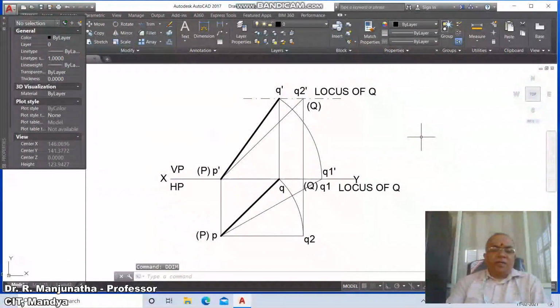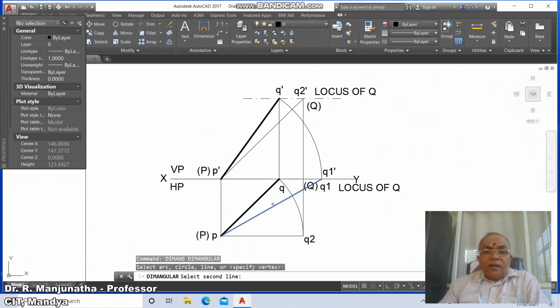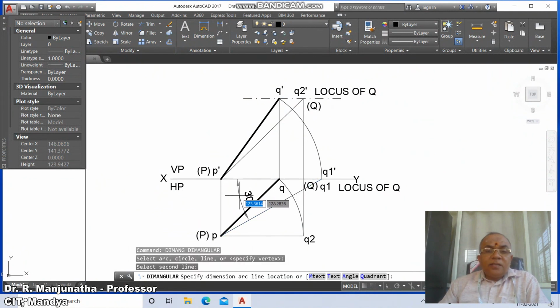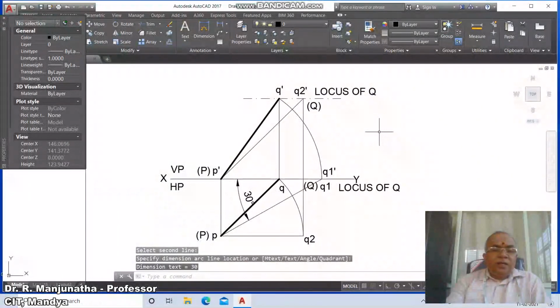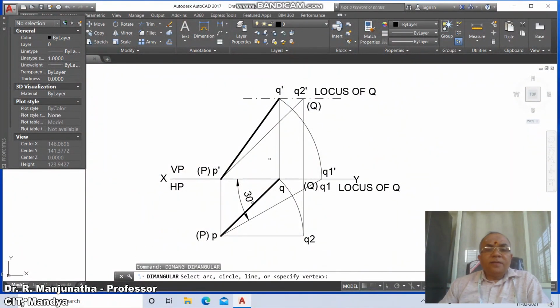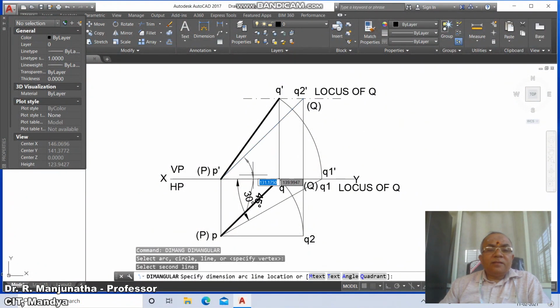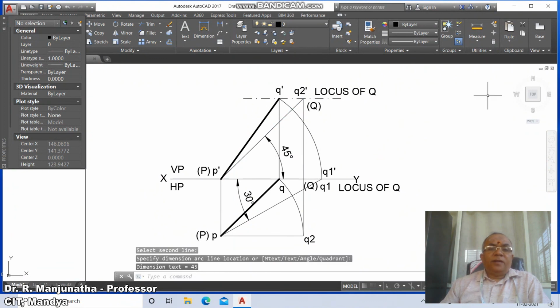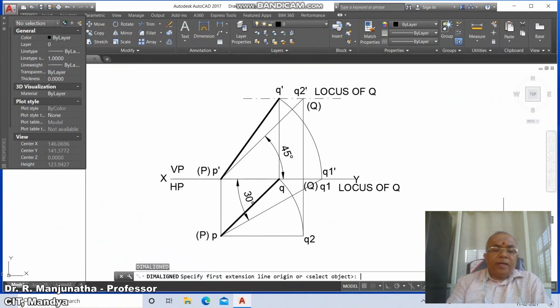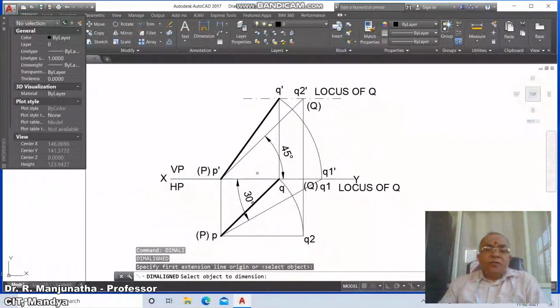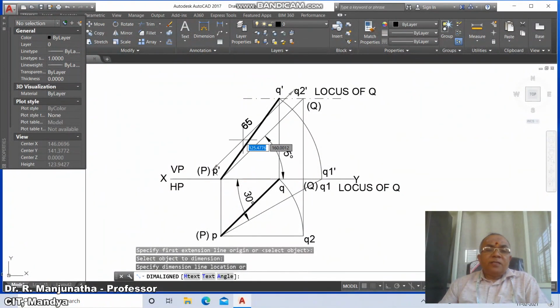Now we will go for dimensioning. Dim angular, select between this line and this line, so the angle is 30 degrees. Similarly, dim angular between this line and this line, it will be 45 degrees. Then for the length of the line, we want dim aligned, ALI, align, specify extension line on it. By default, select objects, you just press enter, you select this line and this distance is 65.